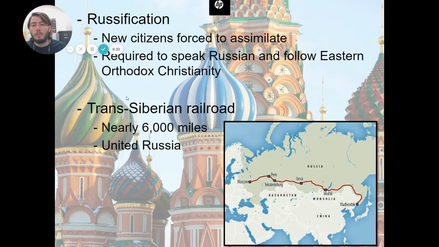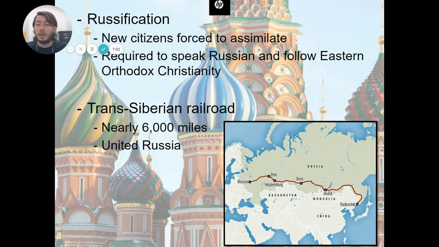So a part of his idea was this idea of Russification, which if you look at that word, it just means like Russifying someone, right? Making them Russian. So as they expanded their empire, because they did, I mean, Russia was like right here and it expanded this way. And as they did this, they forced the people in those areas to assimilate into Russian culture. So they required them to speak Russian. They said you have to learn Russian or you can't be a Russian citizen.